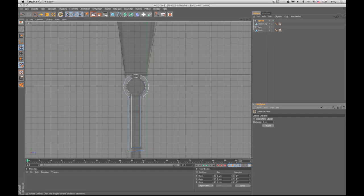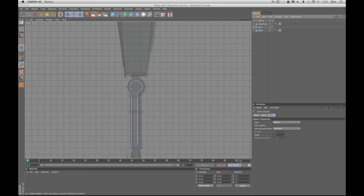We didn't want that. So what we're going to do is Command Z and go back, put a -5 centimeters, and click Apply. That looks pretty good. That's about what we want for that. As you notice, that point here is not as tight, but it's not too bad. So we have the spline, we have our center here in our circle. We're going to get extrude NURBS,